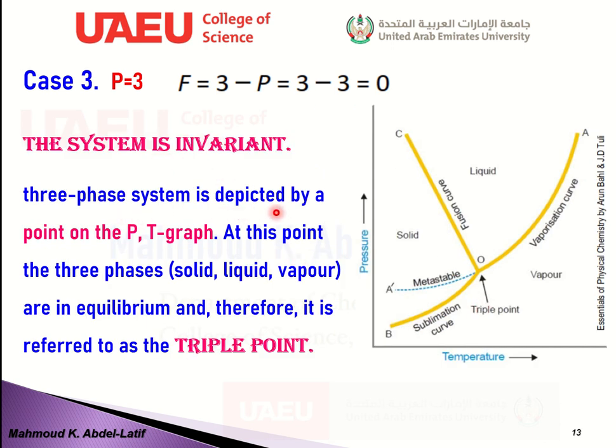A three-phase system is depicted by a point on the PT graph. At that point, the three phases, solid, liquid, and vapor, are in equilibrium with each other, and therefore it's referred to as a triple point. And remember that you cannot change any variable. You cannot change temperature, you cannot change pressure, and you still have that kind of